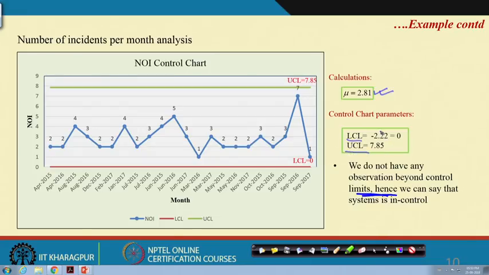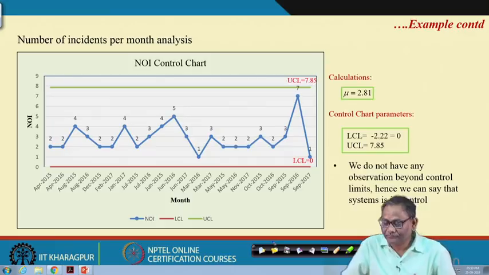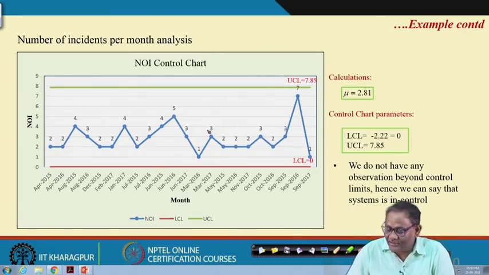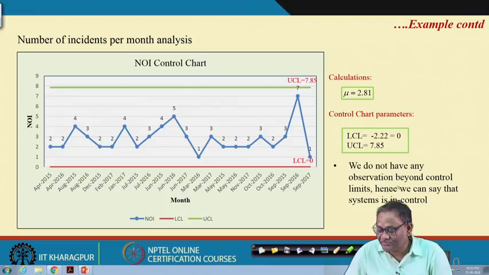Please remember, if LCL is negative, it should be converted to 0. Okay. Here, interestingly, we do not have any observation beyond control limits. Hence, we can say that the system is in control, but